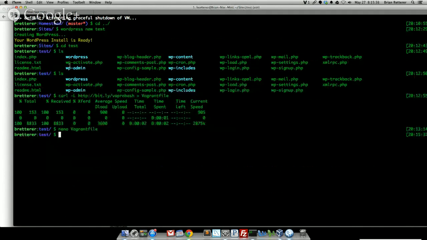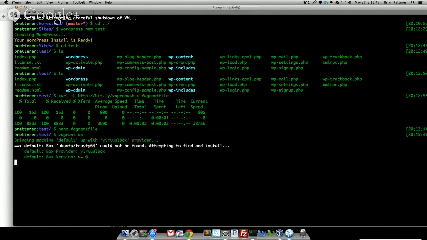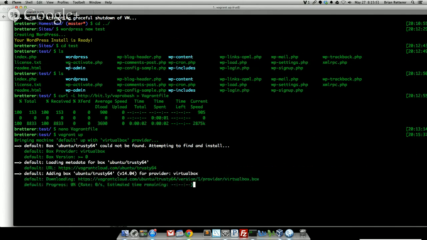So now that I'm in here, I can do a Vagrant up, and what this is going to do is spin up a brand new virtual environment. So it takes a little bit. It's going to download the actual OS, Ubuntu Trusty 64. I'm not going to wait for all of this. But once you're done with that, and that all installs, let me just go back into my sites directory. Once you do all that, you can do a, sorry, wrong directory,